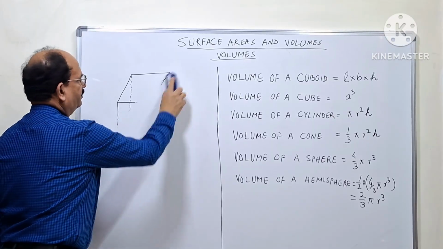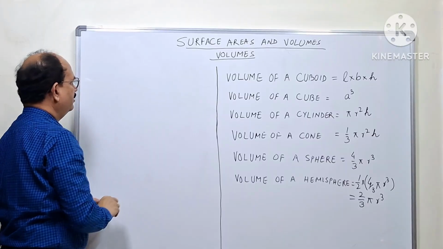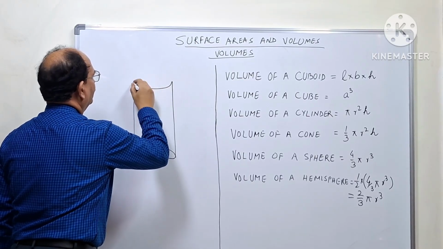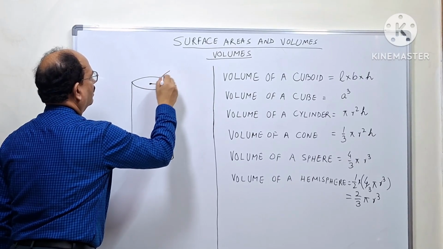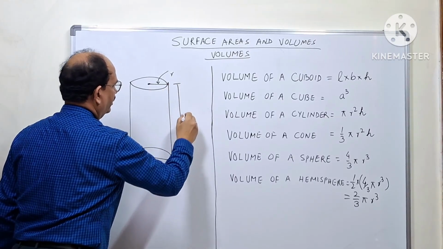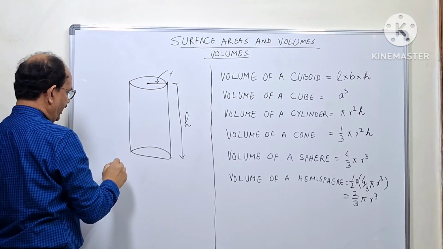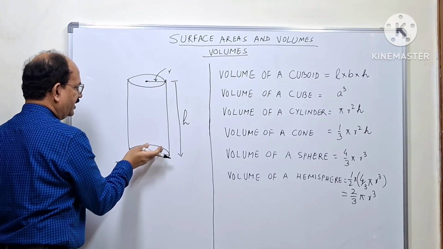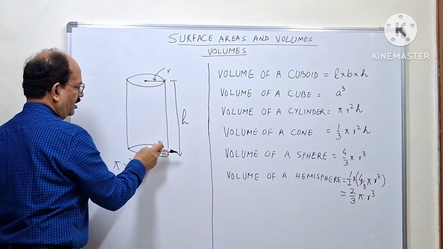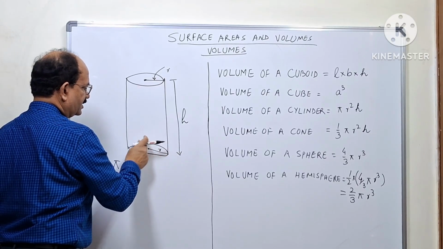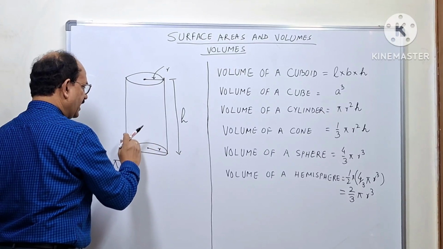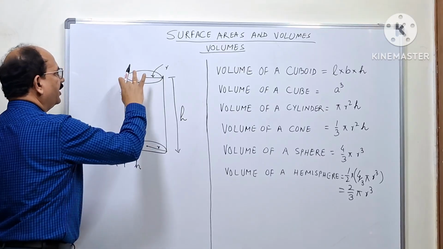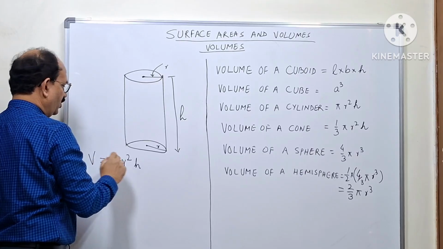Let's look at the next shape, that is the cylinder. Now, if it is a cylinder of radius r and height h, then the circular area is pi r square, and this circular area, suppose this is a kind of solid circle, and in that you keep adding those solid circles up to height h, then you will get the volume of the material involved in making this solid cylinder will be equal to pi r square,